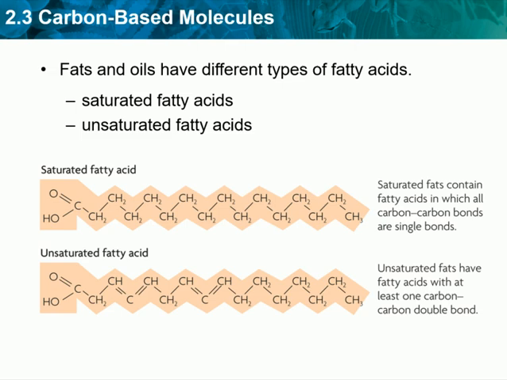Fatty acids are chains of carbon atoms bonded to hydrogen atoms. Two different types of fatty acids are shown on the screen here. Many lipids, both fats and oils, contain three fatty acids bonded to a glycerol. They are called triglycerides. Most animal fats are saturated fats, which means that they have the maximum number of hydrogen